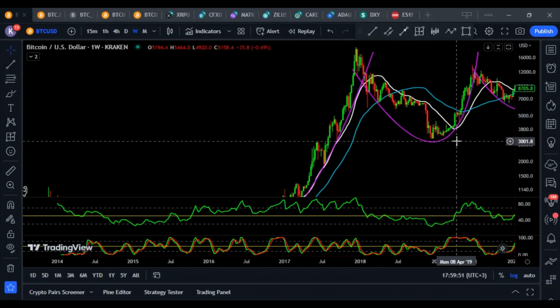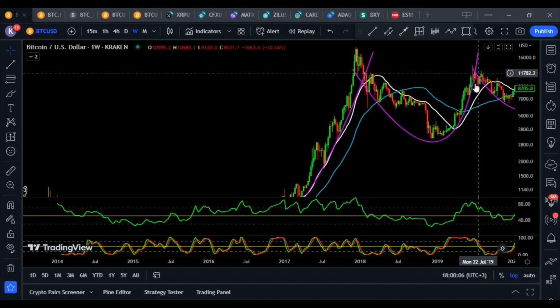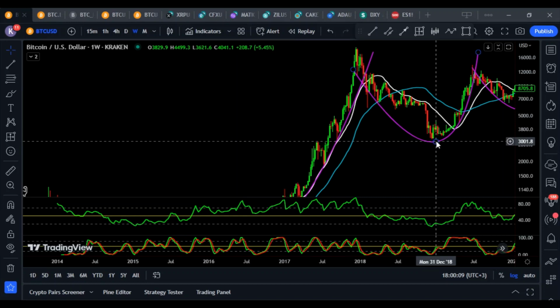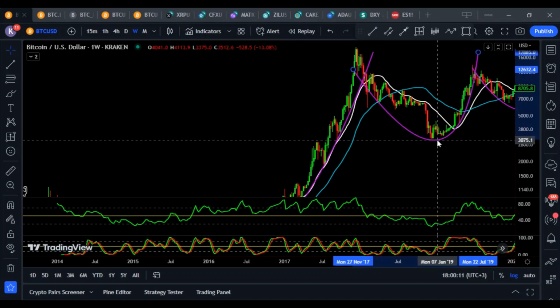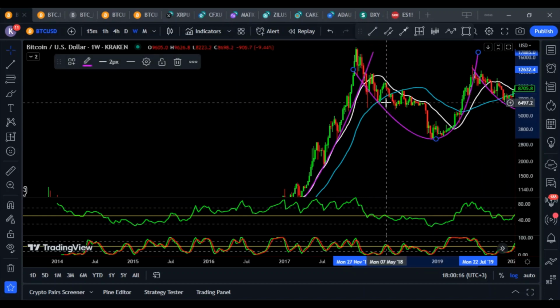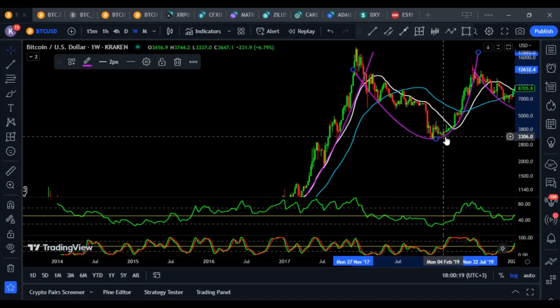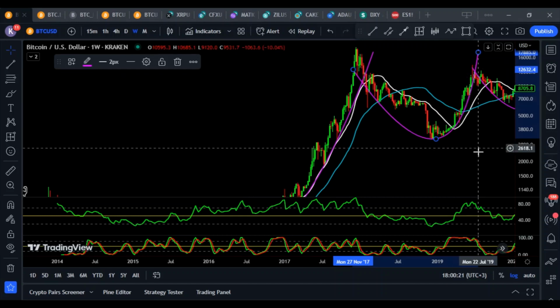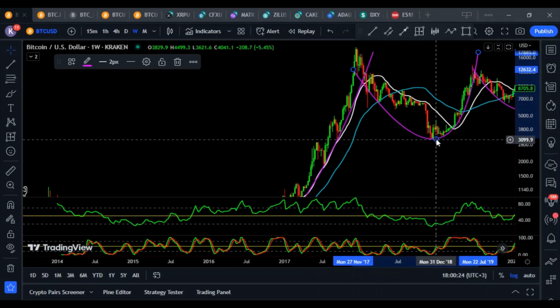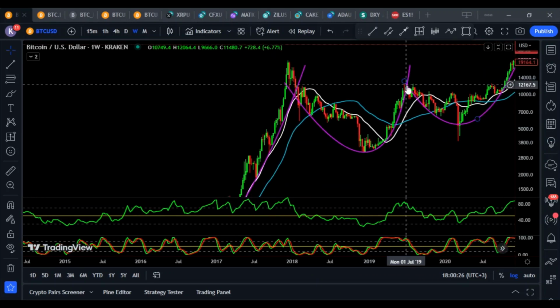So this is the catch-up game between the 20-week moving average and the Bitcoin price, and the cross between the 20 and the 50 for the first run. Back in 2019, we had this trend line as well, which was respected. And we can argue that this can be moved a little bit to the upside here and would still be respected around this area, this area, this area, all the way to the top here, where the price just respected from